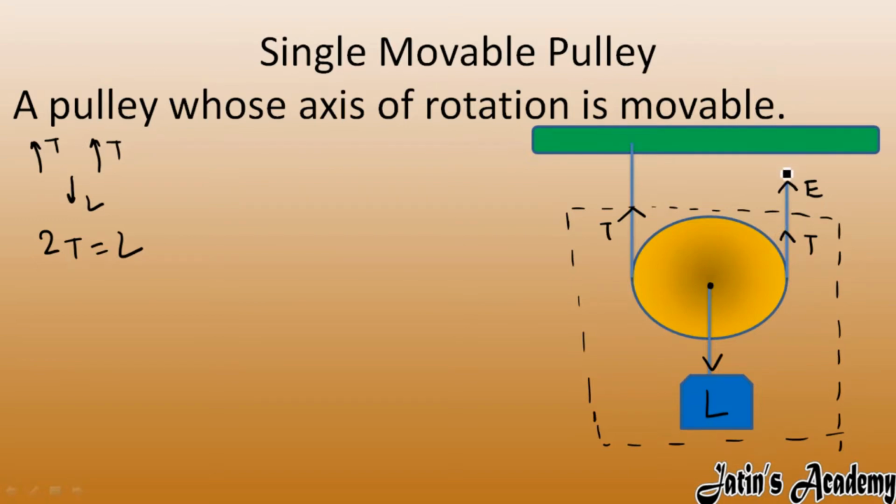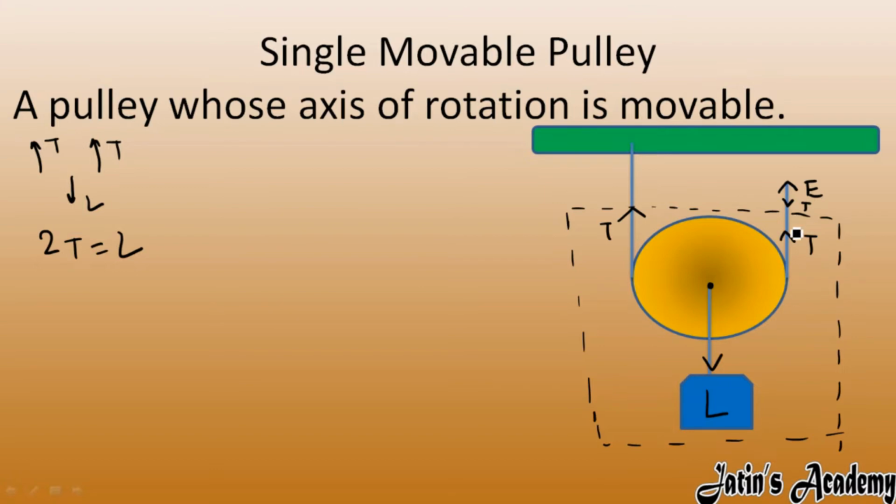Carefully see, when effort is applying in the upward direction, for the effort tension direction is downward. But here you will get confused. Why? Because at the lower point, at this point, I have made tension in the upward direction. Now I am making a tension in the downward direction.